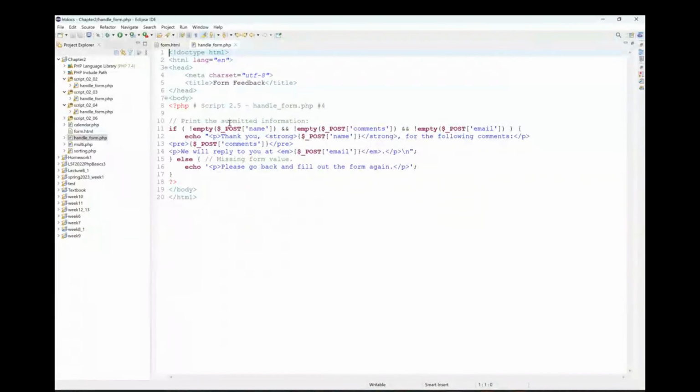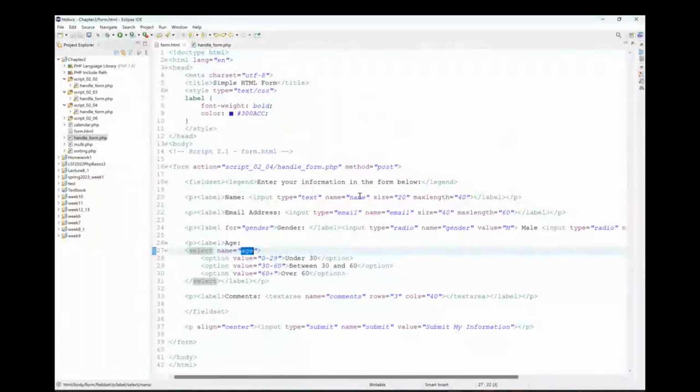This is a PHP script, and once the form submits the values, the form has these fields: name, email, gender, age. These fields are accessed. Since the method is post, once you click on the submit button on the form,